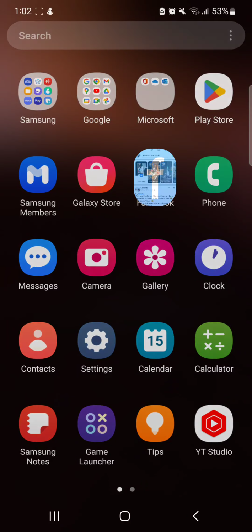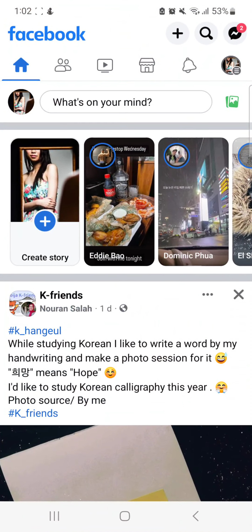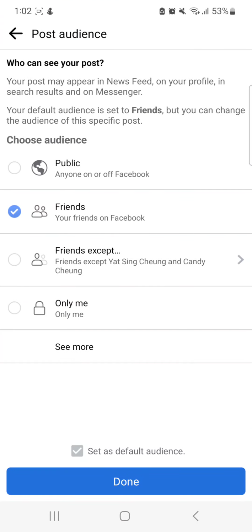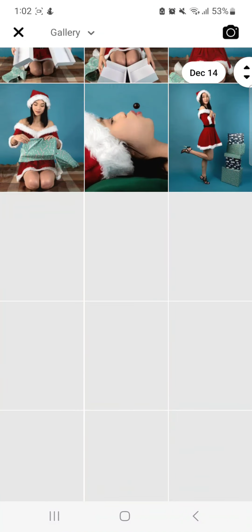How to change the order of your photos on Facebook. So go onto Facebook and you click on to add photos. I'm just going to make it myself first. So choose the photos that you want. So I'm going to do